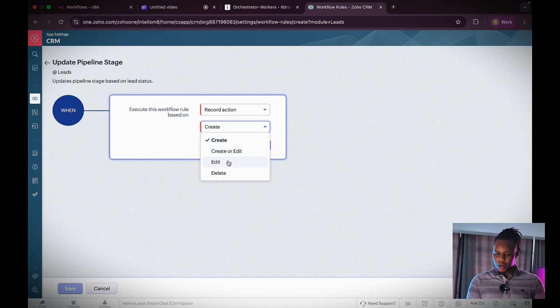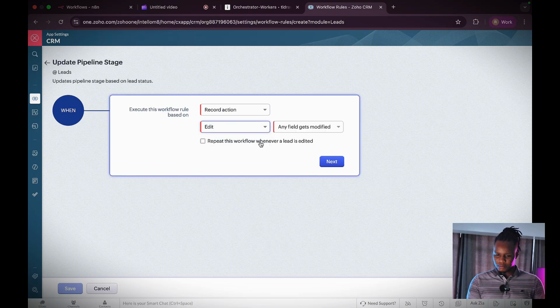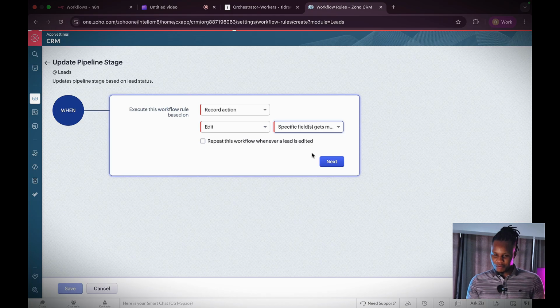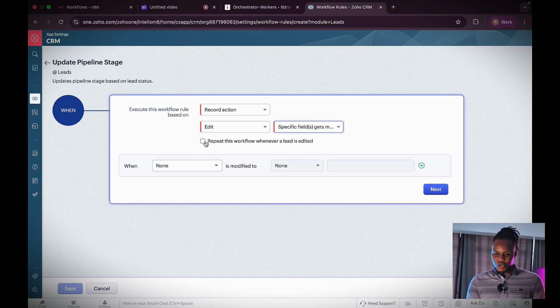And then the record gets edited. And then any field gets modified? No. Specific fields. This feels like we're talking. We're literally doing this in plain language. So specific fields. So do you want to repeat this whenever a lead is edited? I think so. Now that I think about it,